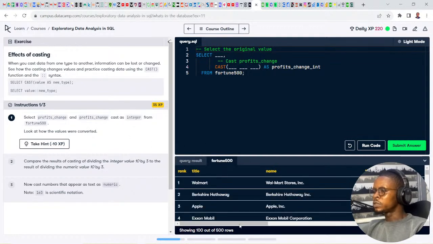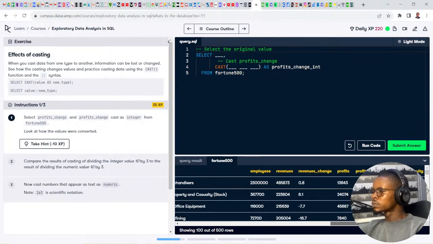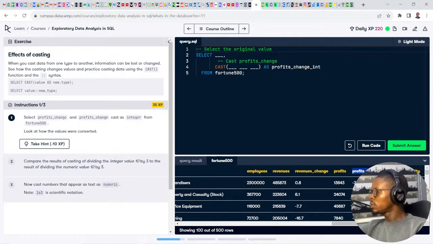So the profit change, which is this column here. I'll just say select profit change two times, and we'll see the difference between the first one and the second one. Select profit change, then cast it also.